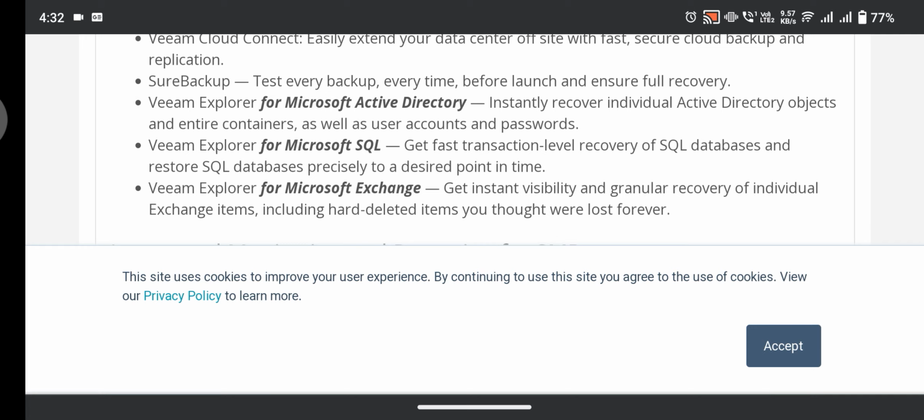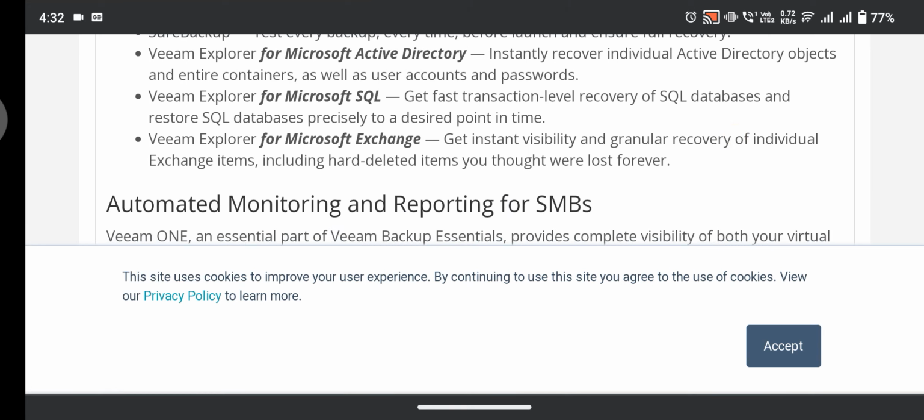Veeam Explorer for Microsoft Active Directory: instantly recover individual Active Directory objects and entire containers as well as user accounts and passwords. Veeam Explorer for Microsoft SQL: get fast transaction level recovery of SQL databases and restore SQL databases precisely to a